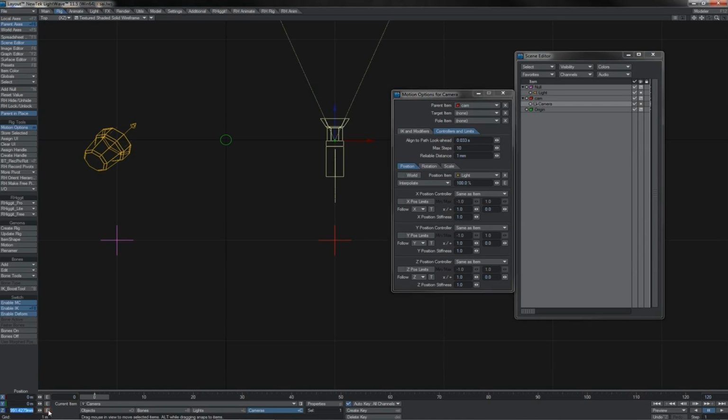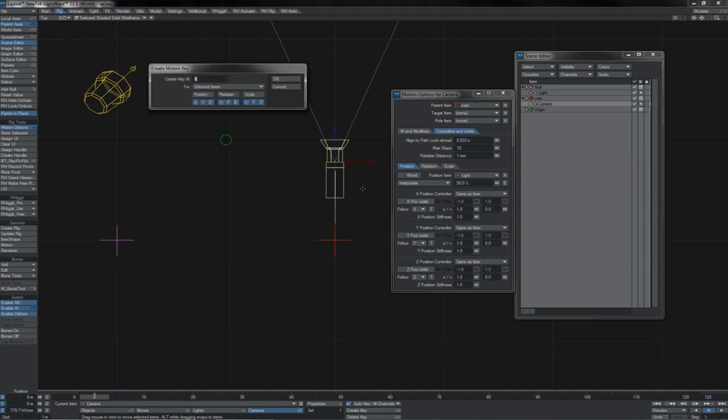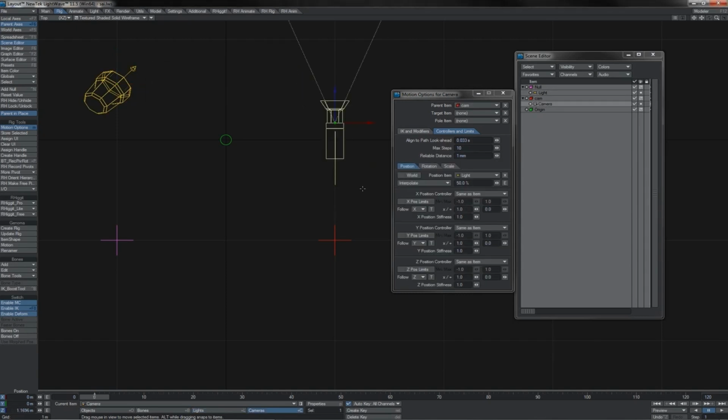If I reset it so it's keyed back at 0 again, we'll see that this is particularly important if you're trying to do partial constraints of things. So let's say you're wanting something to follow along only 50% of the other thing. That's all great, but of course what happens if by some method this receives a keyframe, then of course it jumps position, because it is now going 50% between its keyed value and where the constraint is trying to take